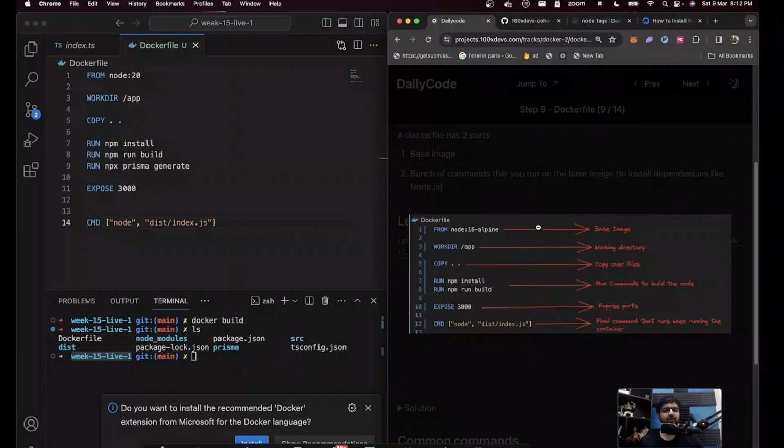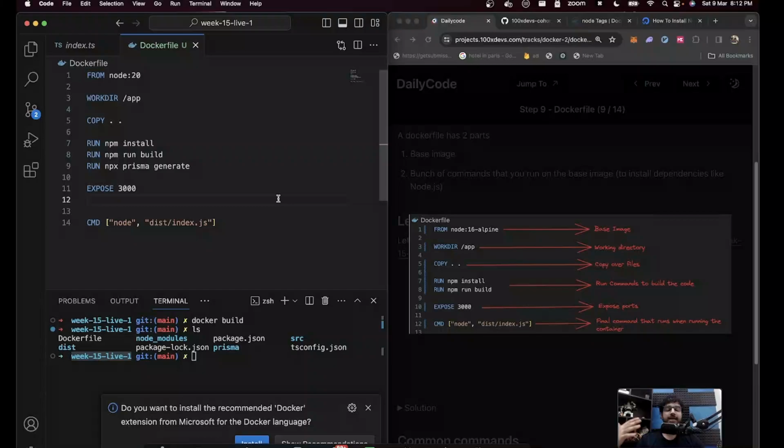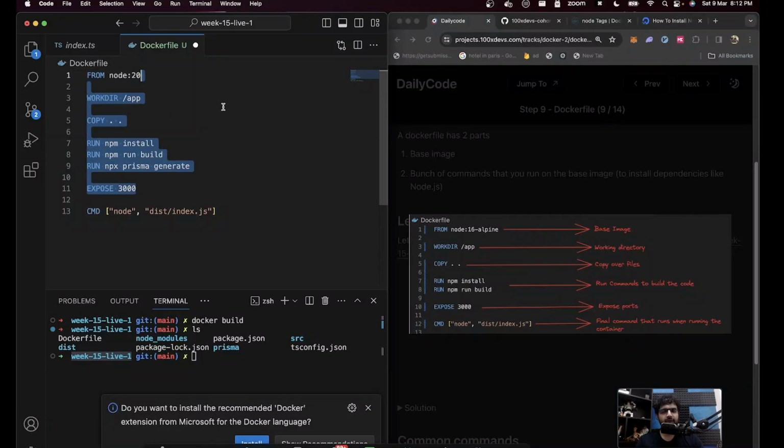That is a brief of the Docker file for a node application. This changes as you move to the next application. The command to start there might be npm run start, or if you start a Golang application, then you might not have to do npm install, but have to do a go add or whatever is the way to add dependencies in Golang. So this Docker file will change based on what application you have. But for a simple Node.js application, this is what it looks like. Is this the most optimal? No, you can optimize it a little bit more. We'll eventually come to that.